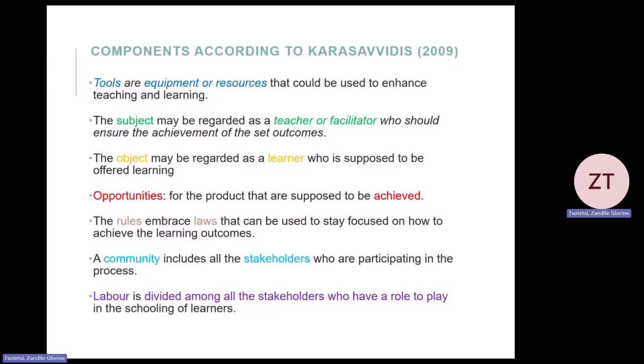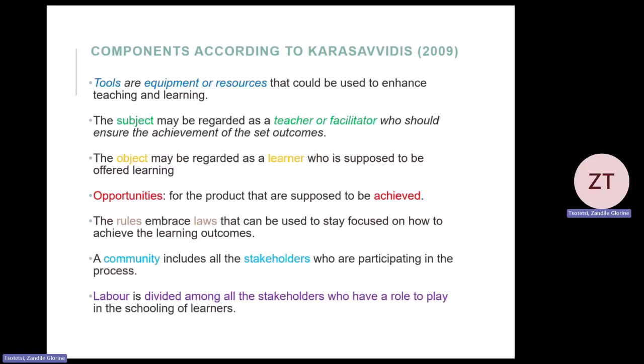And then the object may be regarded as a learner who's supposed to be offered learning. As I've just mentioned, the object is the learner that is receiving everything from the various role players. And then opportunities for the products are supposed to be achieved. Remember, each and every one here has the same common goal, which is changing the subject and improving the learning